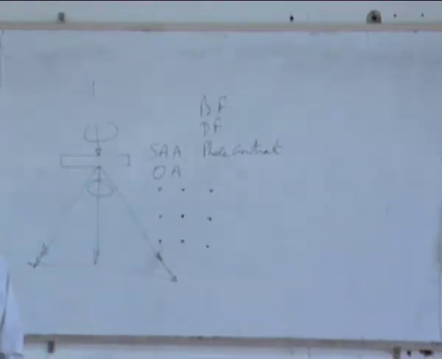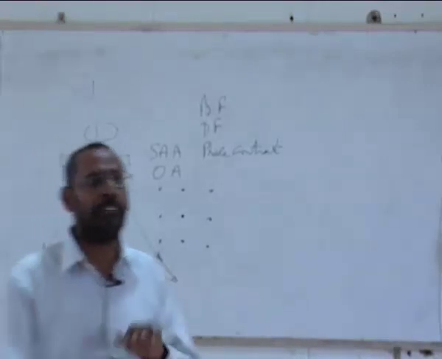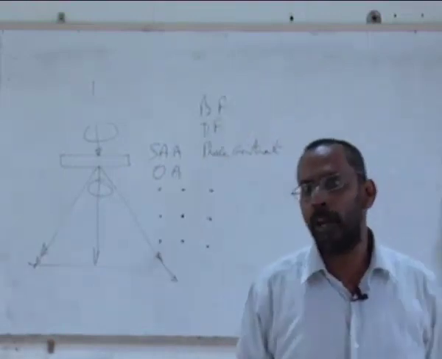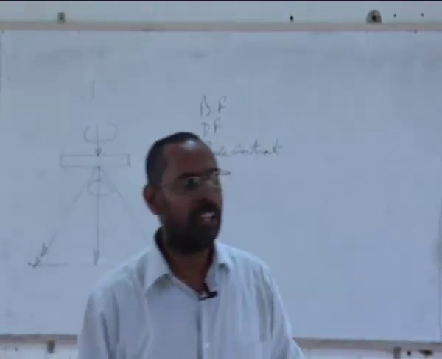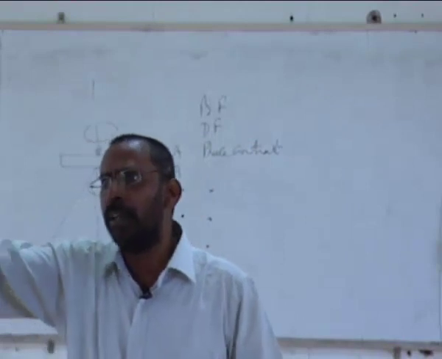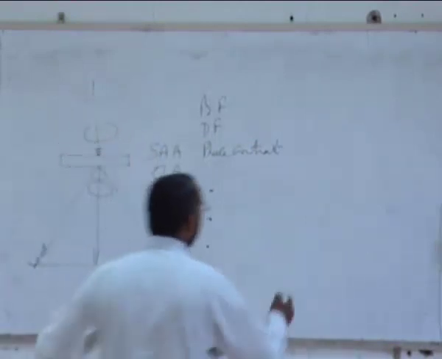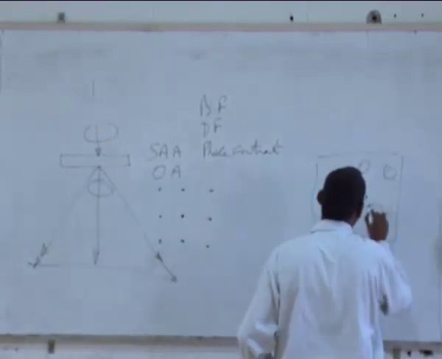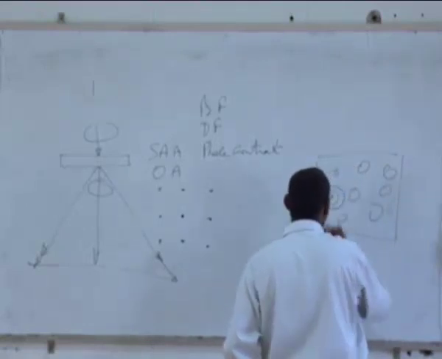The selected area aperture is used to select an area from which I want to get the diffraction pattern. For example, I have an aluminum copper alloy, which is an age hardened alloy. I have some theta double prime precipitates inside an aluminum matrix. I want to get a diffraction pattern only from the theta double prime. So I can choose this particular microstructure, look at the microstructure, have these particles, and put my aperture around this particle.